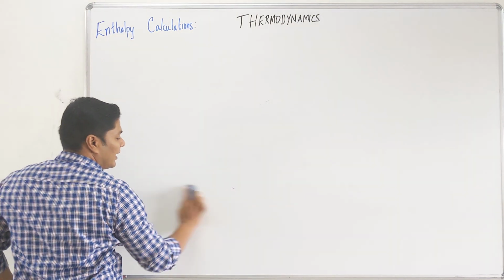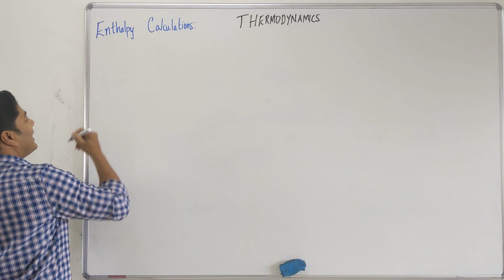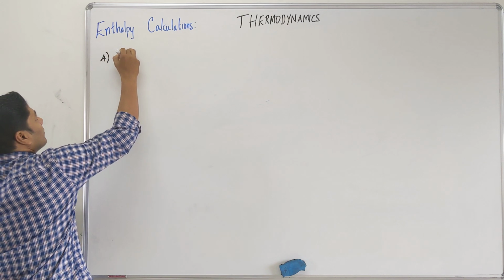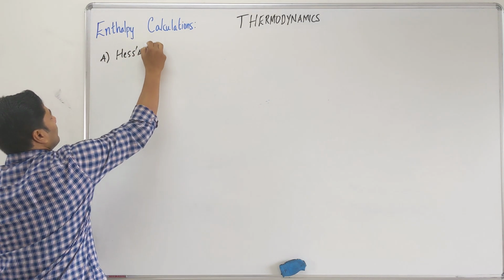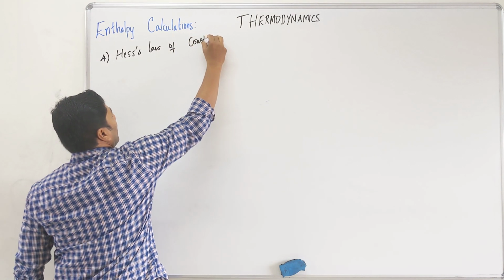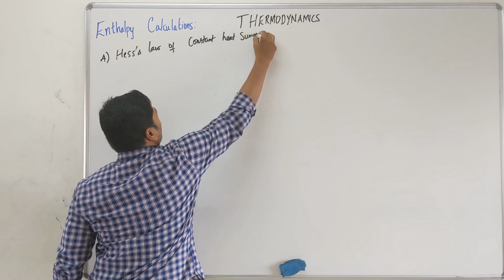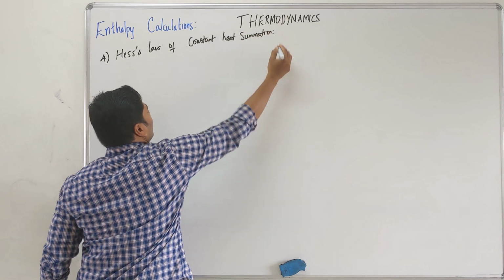The last way, which actually is easier only with an example, is Hess's law of constant heat summation. What it means is,